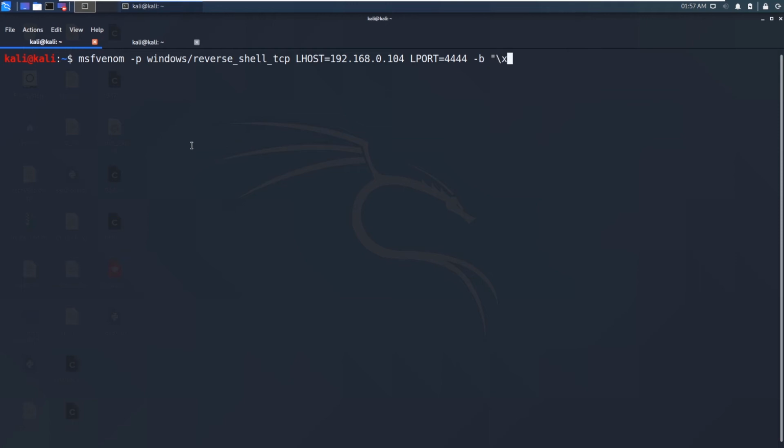I'm going to use the default bad characters: null byte, carriage return and line feed. And I'm going to say the architecture as 32-bit, and the format as C, so that we can directly import it into our Python program as a variable.